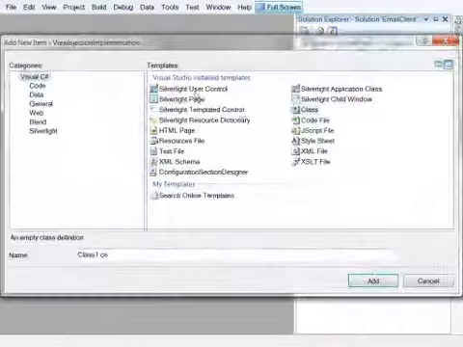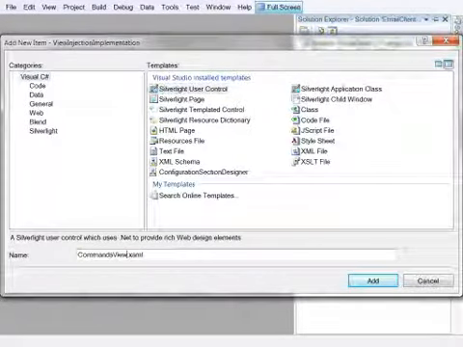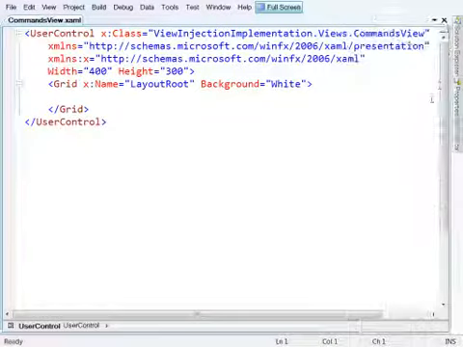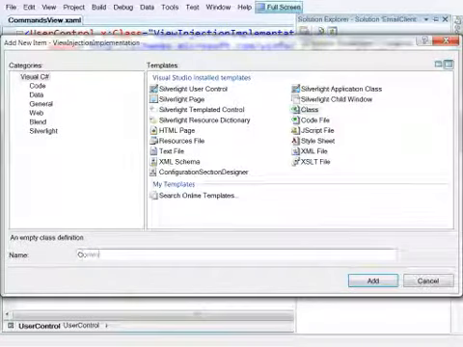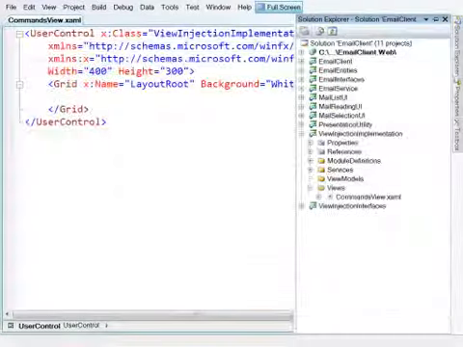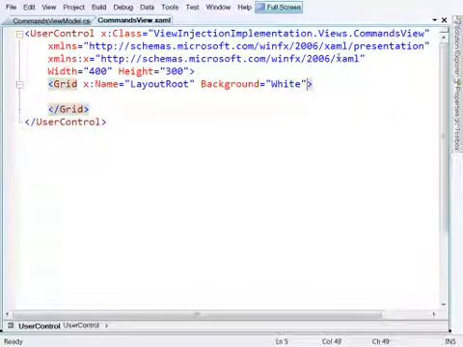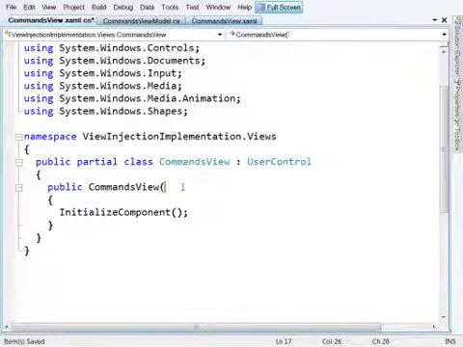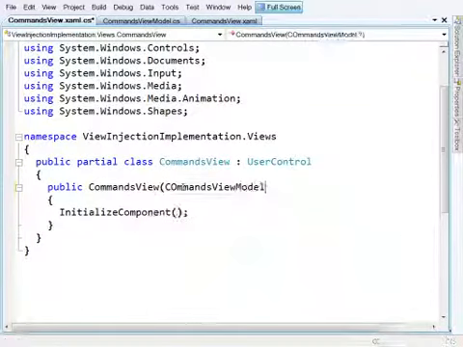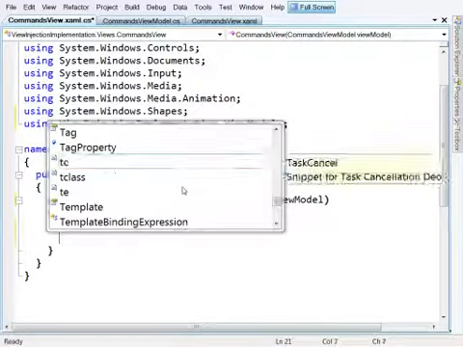so that's going to be a user control, and we'll call that commands view, something like that. And we'll add a new view model, of course. Let's go and do that. We'll call that commands view model. Okay, great. Let's go to that commands view. Let's take away the arbitrary white background. Let's take away the arbitrary width and height. Let's go to the code behind for this, and let's specify that this is dependent upon the commands view model. Just need to fix that casing. We'll call that view model, and let's say when this is loaded,